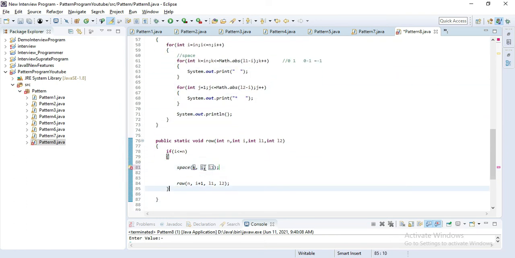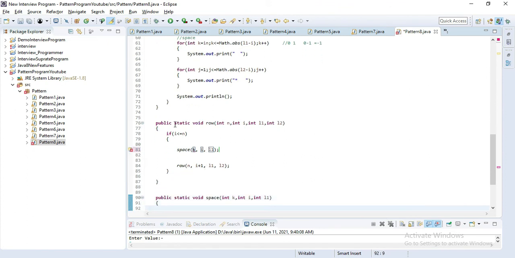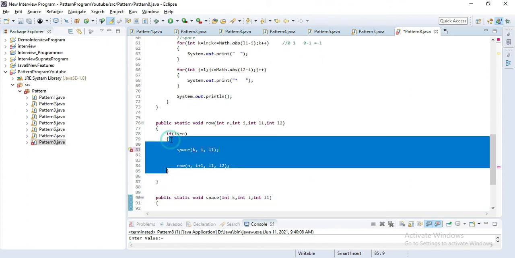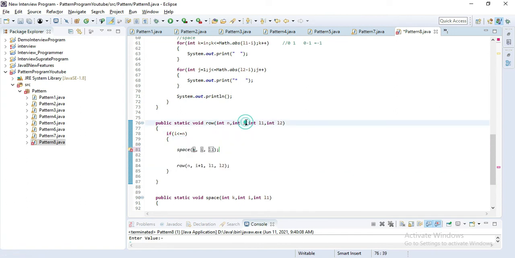So you can see here we can't use this initial I value because it's incrementing every time. That means we have to add one more variable here. Okay, I'll simply define an initial value, int initial value, and that value we use to pass to the space method.